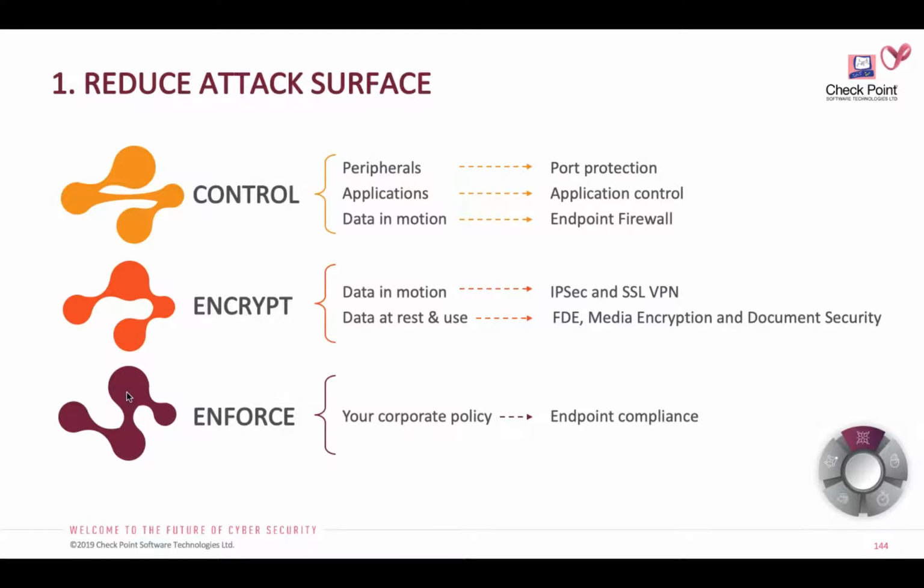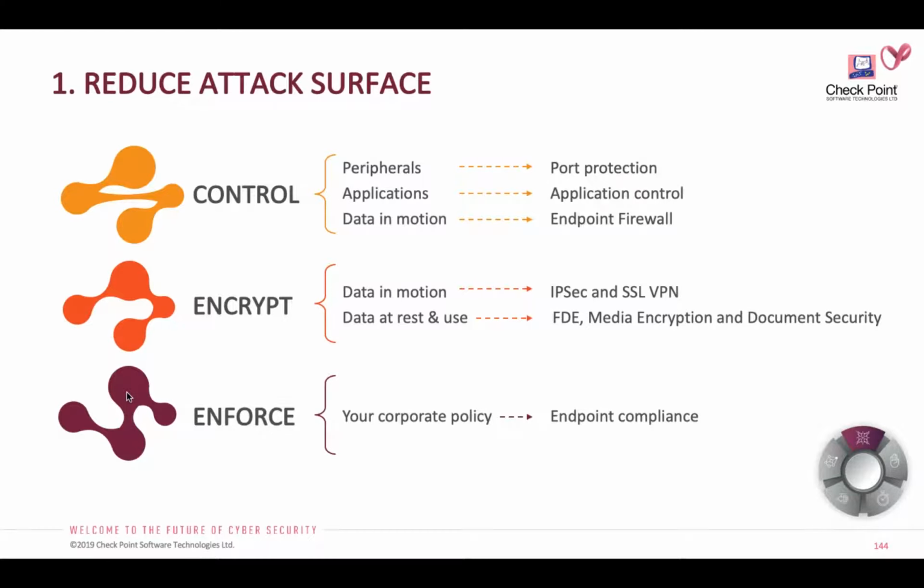Using the port protection feature, you can define a rule saying that this particular Unix server should only be accessible on port number 22 to only a defined number of endpoints, and you could even define the IP addresses of those, right? Then you can enforce application control along with the endpoint firewall. What the endpoint firewall does is that it leverages your Windows firewall, and then you can frame a couple of rules in the Windows firewall right from Checkpoint, right?